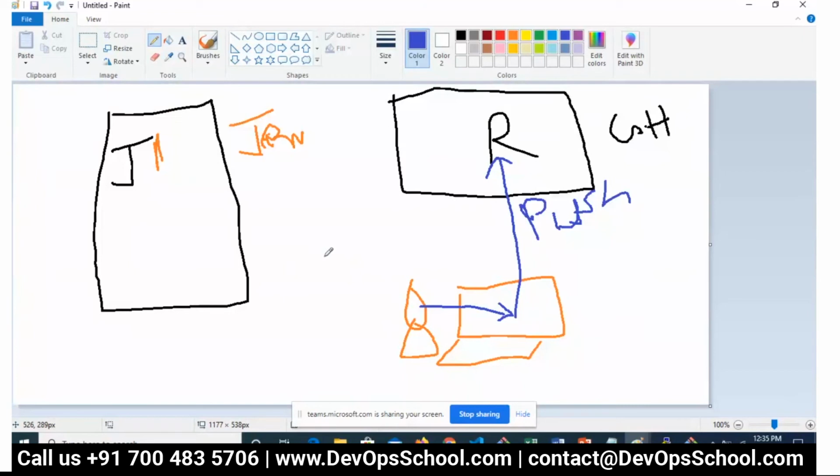Guys, are you with me? Yes. Okay, so as part of this architecture, who can detect this push? Am I confusing you?